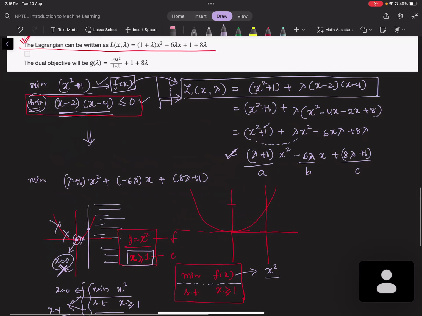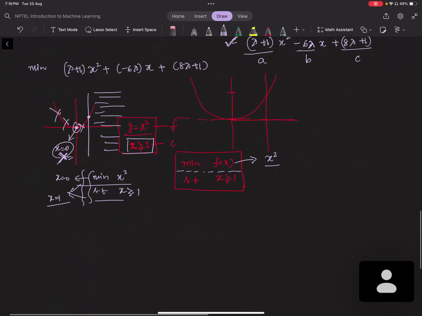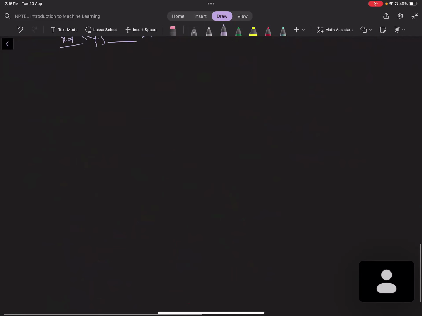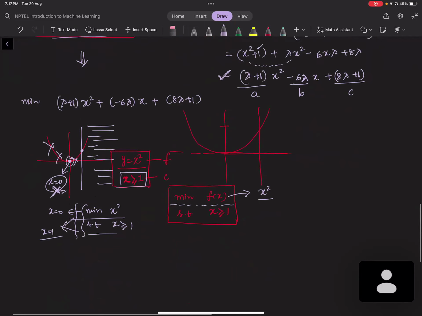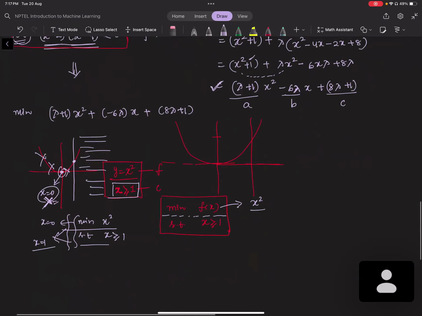Okay, so option C is correct. Out of A, B, and D, we need to find which one is correct. So the second thing is that we have to find a dual objective. So Lagrangian duality says that when you have a function with a